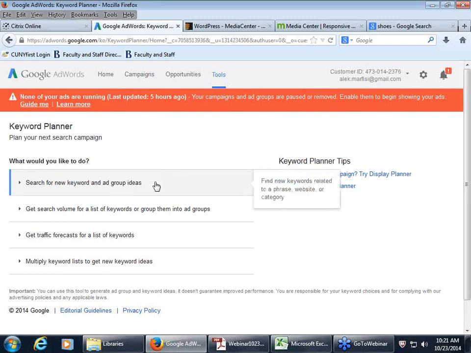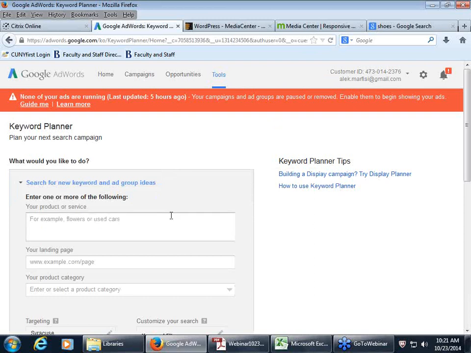So let's say you want to do online e-commerce for flowers. So you know what keywords people are searching for. Maybe florist, maybe flower shop, flowers on sale, wedding flowers. You know what keywords that you have an idea that people are searching for. But this tool within AdWords called the Keyword Planner can help you find more keywords that can better represent your product or service to the target audience.